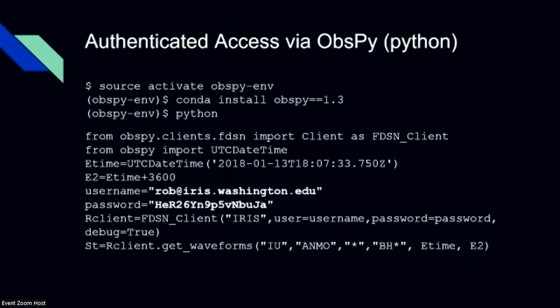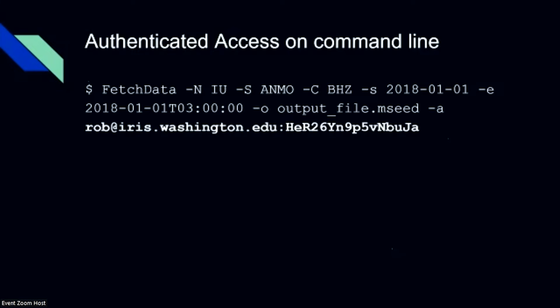So just an example here is running something in Python using a very popular Python library for seismology called obfspi. And so they have the facilities in there for plugging in a username. And the password, again, is not something that you created, something that you remember, like my phone number plus my address or something. This is something that we generate and give you that lasts for a limited amount of time. And so this is just an example of a programmatic way of going and fetching waveforms and identifying yourself and